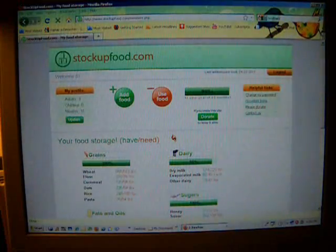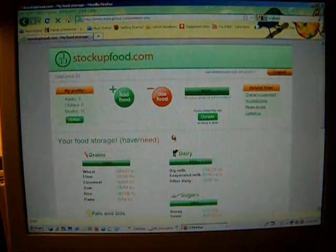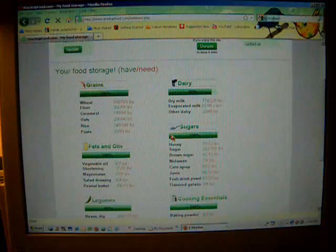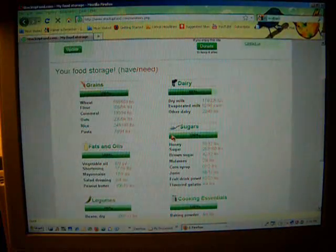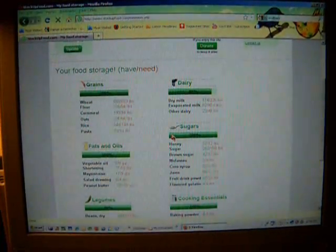I will tell you, it will not track everything you're storing. It tracks the basics. I'm sorry the picture is not great here. I don't know how to make it better. I'm too new at this, and my technical person is not here at home to help me. So I just want to get this video made and put up. It does track the basics, and when you go into